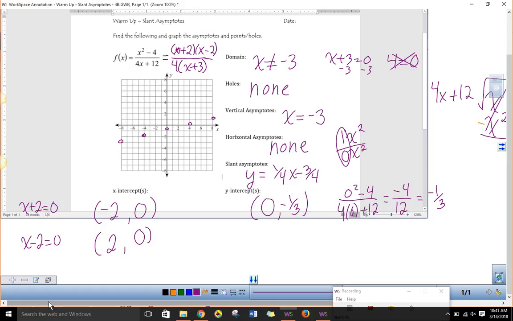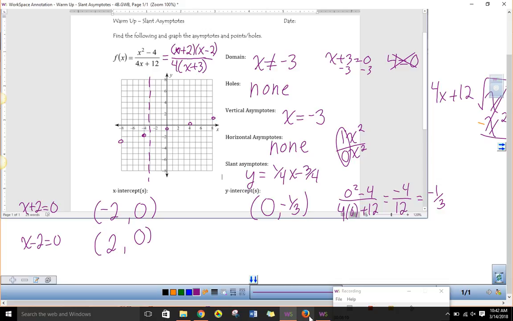Where else do I have an asymptote? Negative 3 on which axis? X. I'm going to cross my x-axis at negative 3. Okay? Here's why we do intercepts. Intercepts are the easiest points to find, and they're what helps us graph. Your asymptotes are what are kind of your boundaries that you're going to kind of curve around. All right? So if I know my intercept is at 0 and negative 1/3,